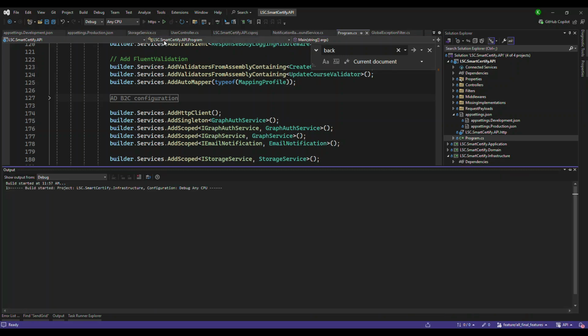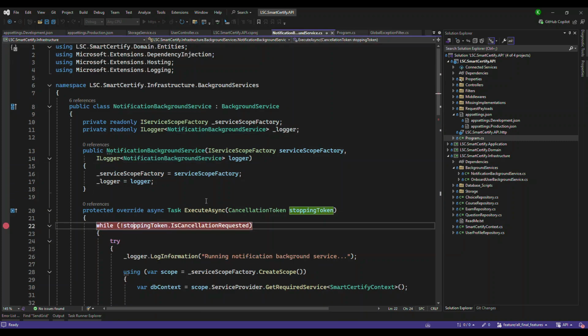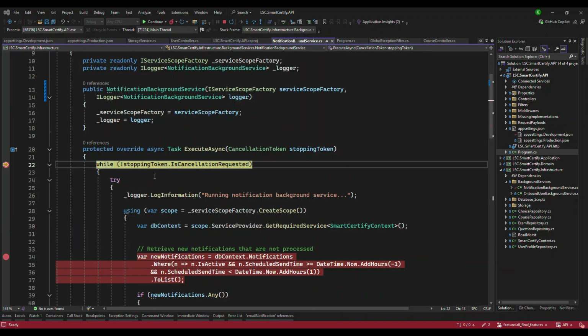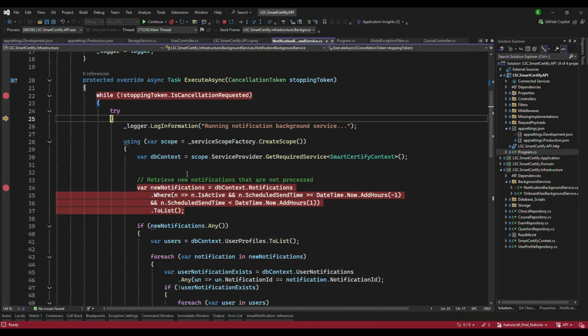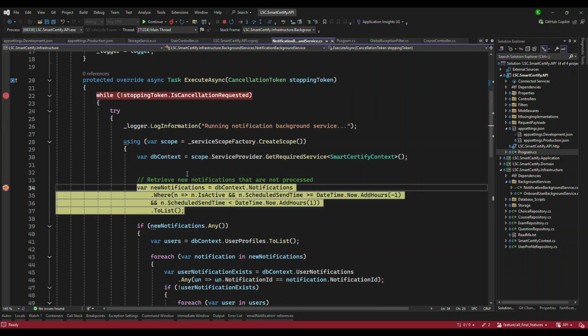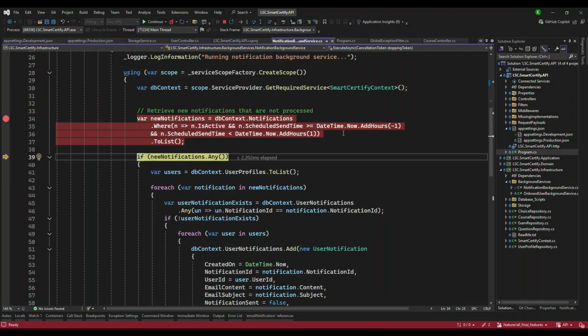The moment it runs, it will go and hit this one. So I'm going to put a breakpoint here. Let's wait for the breakpoint to hit. It's still building. Okay, so the breakpoint is hit. Now let's go over one by one. So it's going here. It is creating the scope. Context is received. Let's see how many we have. Okay, so we have 0